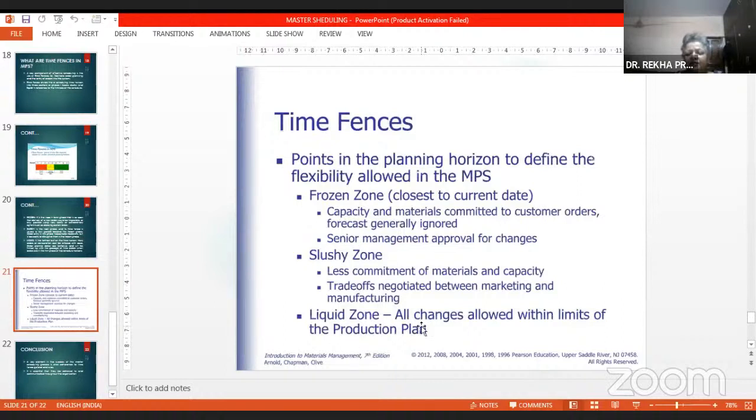Here you have to make a trade-off, where maybe something is required more than what you have already finished. So you can make a trade-off and do accordingly. And in the liquid zone, it is initially open, so a lot of changes, a lot of things can be accommodated into it.